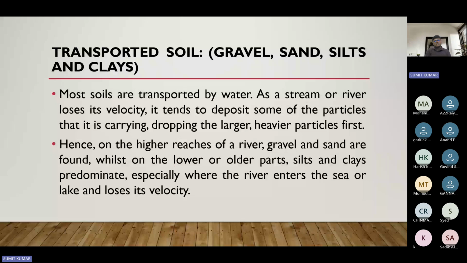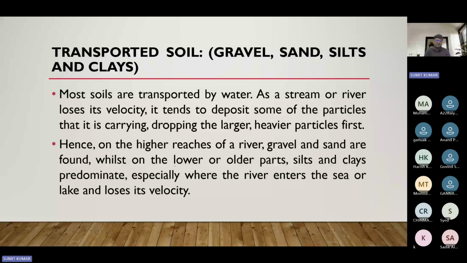During the flooding process, the embankments or the portions which used to be constructed to stop the water get broken down and the water flows in a free flow direction. So in that case, it brings all the soil particles with it and they get deposited over the plain through which it crosses, right? Hence, on the higher reaches of the river, the gravel and sands are found, right? Because when the velocity slows down, earlier it drops the heavier particles. Heavier particles are what? Gravel or sand, while at the lower part the silt and clay are present,